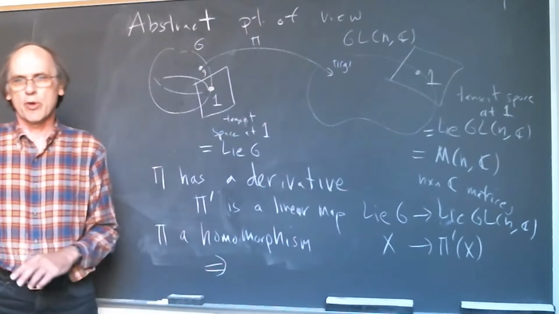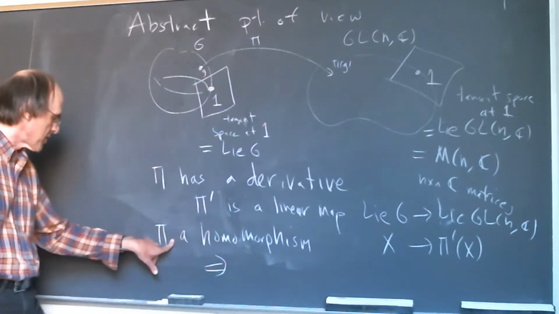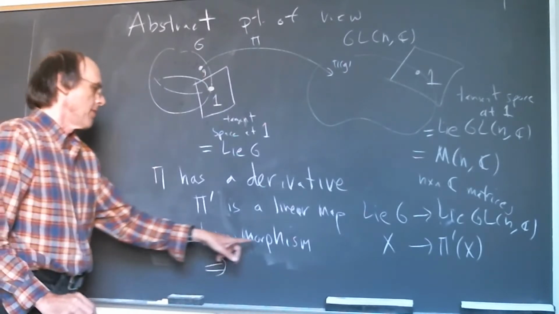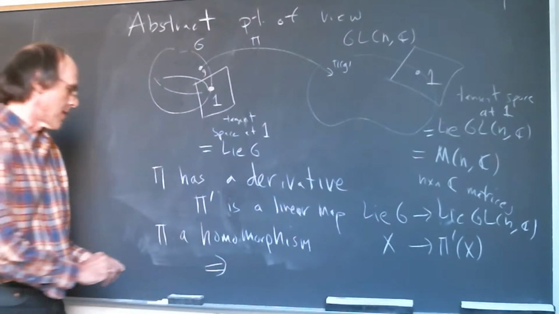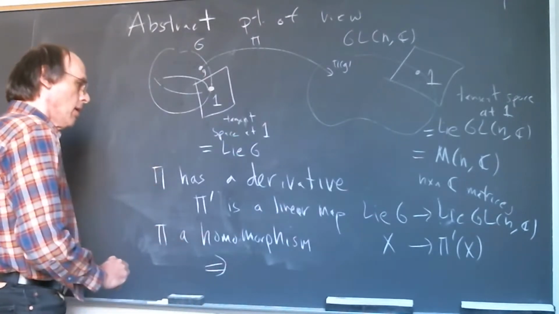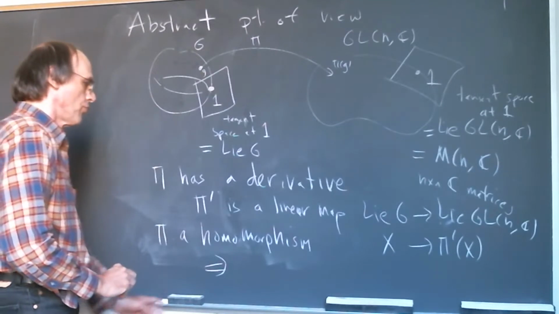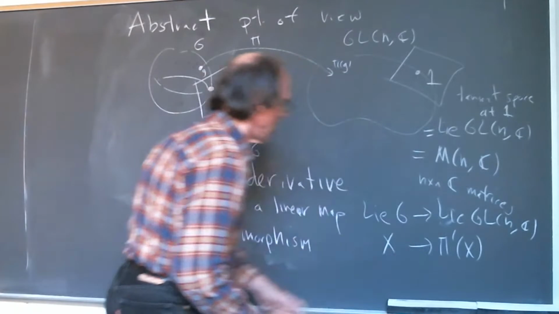This is one of the main things I want to show today: the fact that this is a homomorphism implies that these linear maps have this property, that if you take the